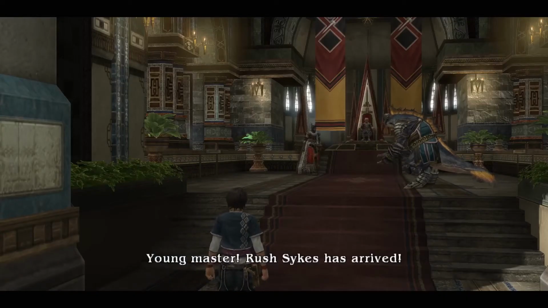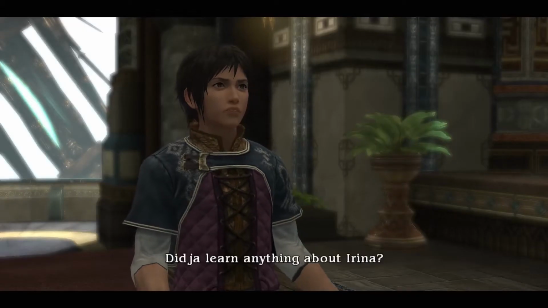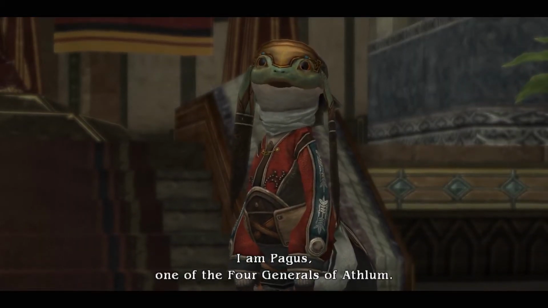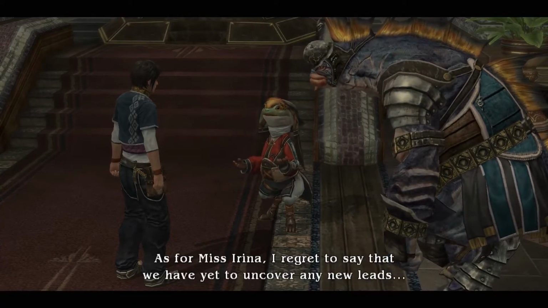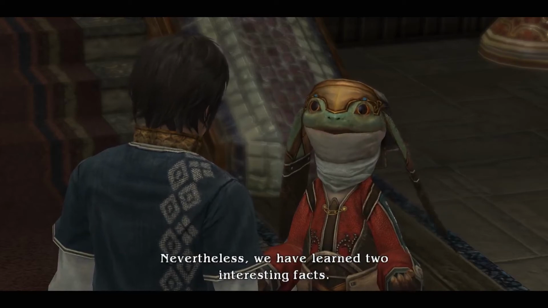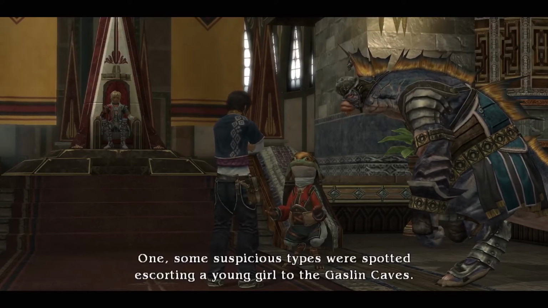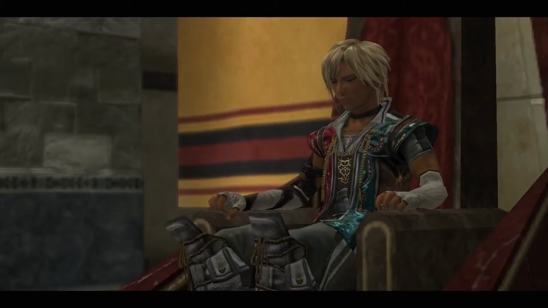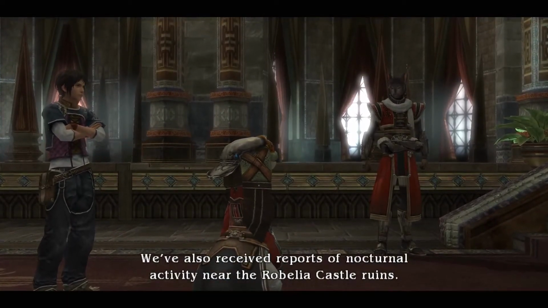Master Rush Sykes has arrived. Hello. So, did you learn anything about Arena? Not that much, but enough. I am Pagos, one of the 4 generals of Athlon. I wonder who the other 3 are. As for Miss Arena, I regret to say that we have yet to uncover any new leads. Oh dear. Nevertheless, we have learned 2 interesting facts. 1. Some suspicious types were spotted escorting a young girl to the Gaslin Caves. Right, that sounds... Well, you never know. And the other thing? We've also received reports of nocturnal activity near the Rebellia